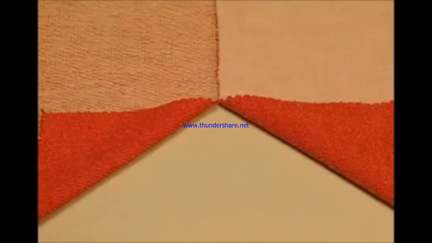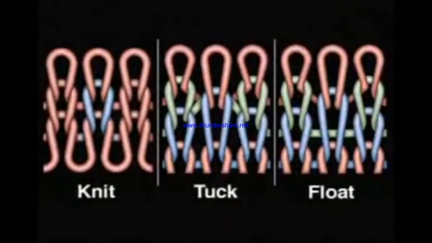Okay, you can even use different colored yarn for the floating at the back side of the fabric, the technical back. Then the appearance of the fabric in the front and back will be different. In the front side you may have dark red color, in the back side you may have white color. So now knit, tuck, float, these three structures have been shown here. You can now compare how the structures are different in case of knit, tuck and float. Now as the structure is different, the properties will also be different. Depending upon the structure, their performance properties will also be different. That I shall also discuss.